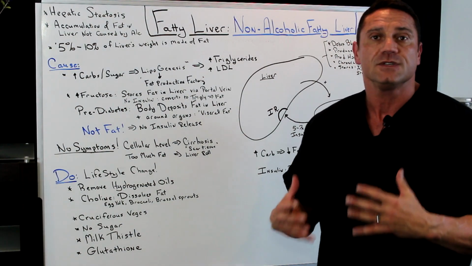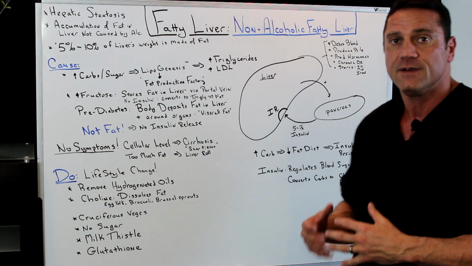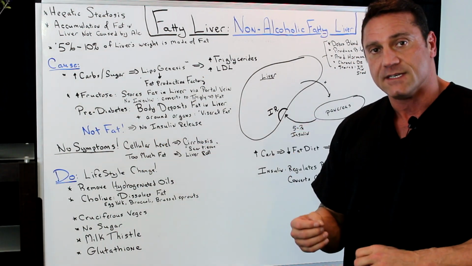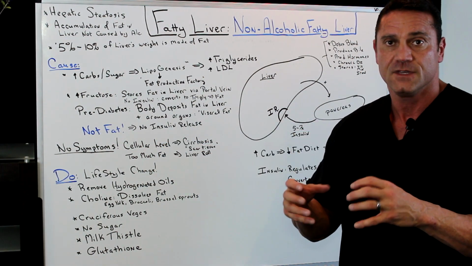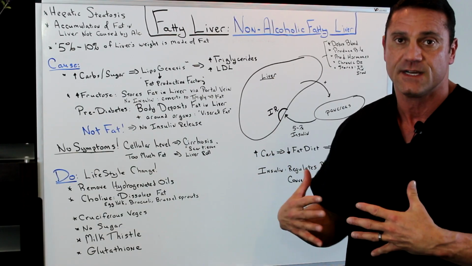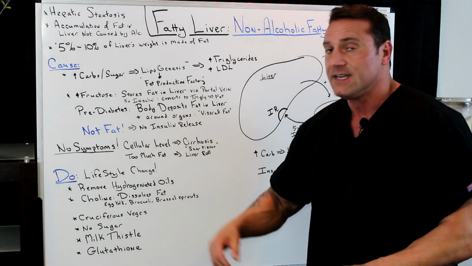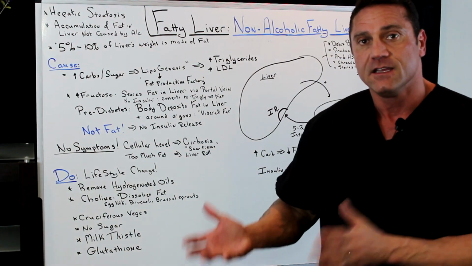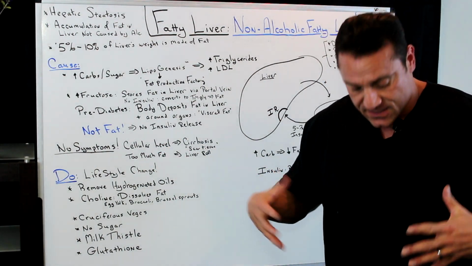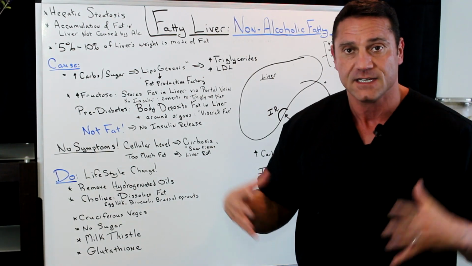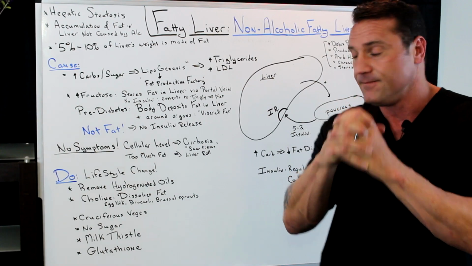So the thing is, there are no symptoms. But the problem is when you have fatty liver, on a cellular level, you create cirrhosis. Now that's scar tissue, so it actually increases the stress on the liver in and of itself. Also, when you have too much fat, it rolls over. You get a liver roll, you get body fat, you get visceral fat, which is not good for the other organs in the system because it kind of suffocates them, for lack of a better term.